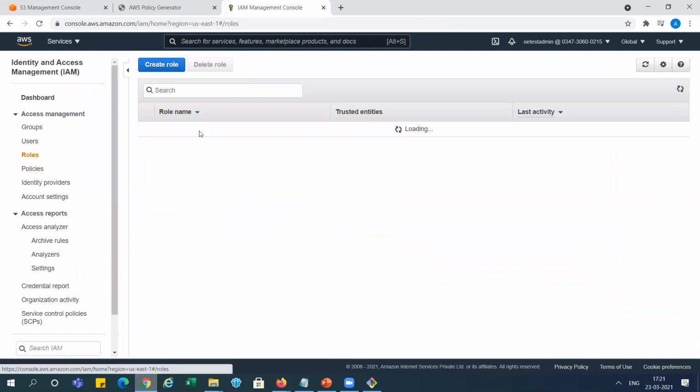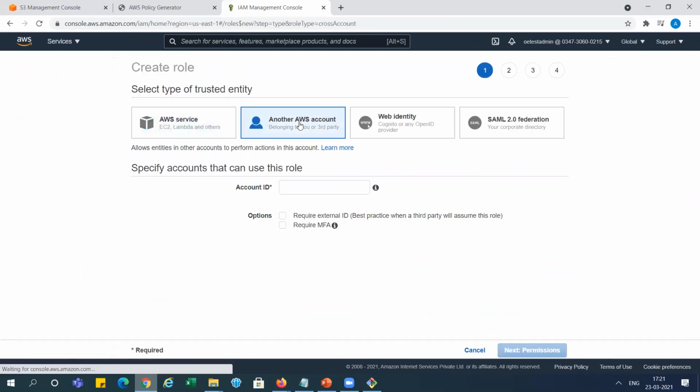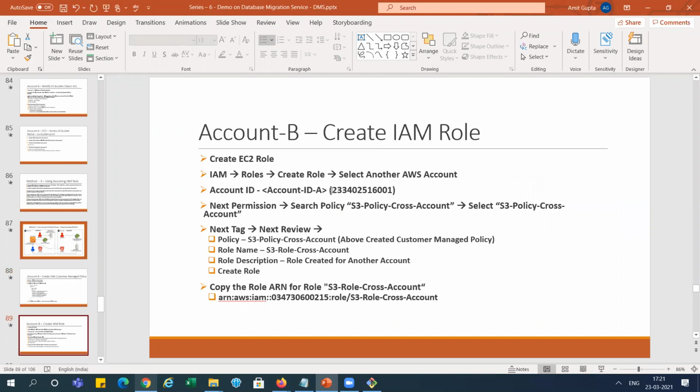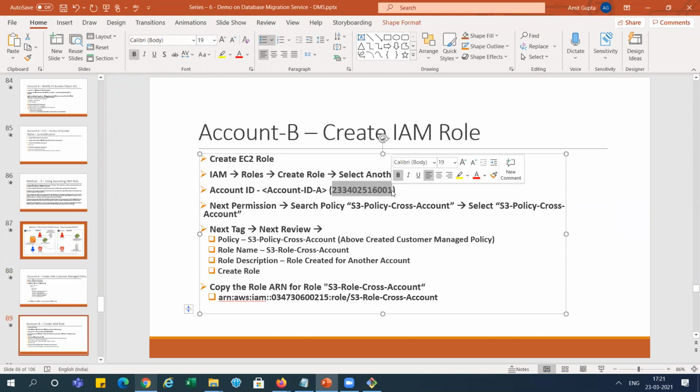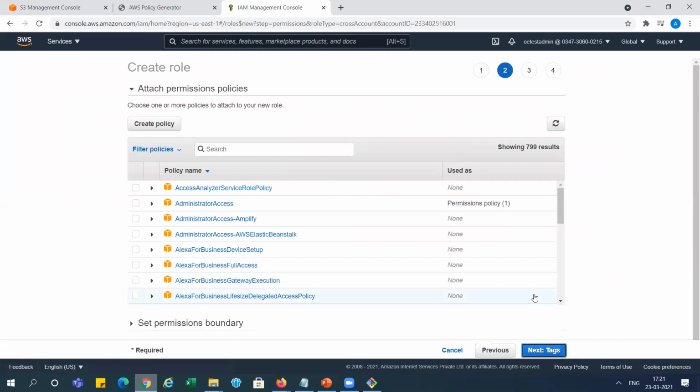So go and create the role, create a role over there and select this account under AWS account, right? So you can see here, this is the number I mentioned for the first account, because you are in the second account, and this is another AWS account. Next, permission.